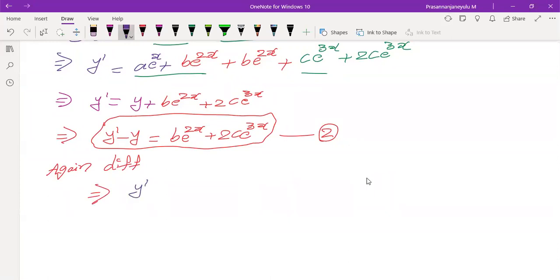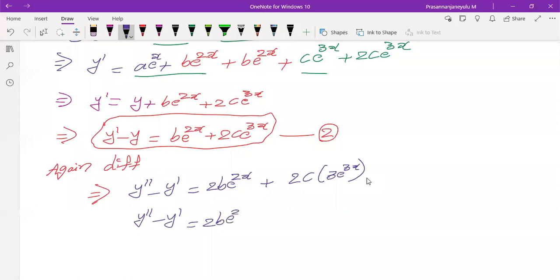What will we get if we do differentiation? y dash differentiation is y double dash. y differentiation is y dash. b into, what is the e power 2x differentiation? 2e power 2x, plus 2c into e power 3x differentiation, which is 3e power 3x. Now we are going to get y double dash minus y dash equals 2b e power 2x